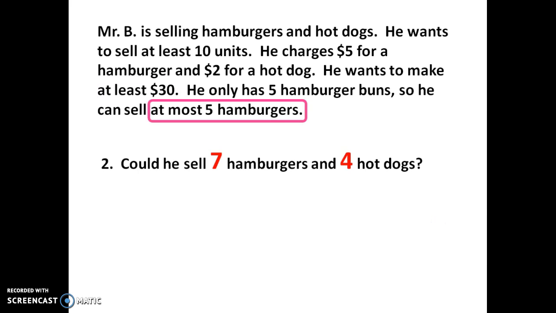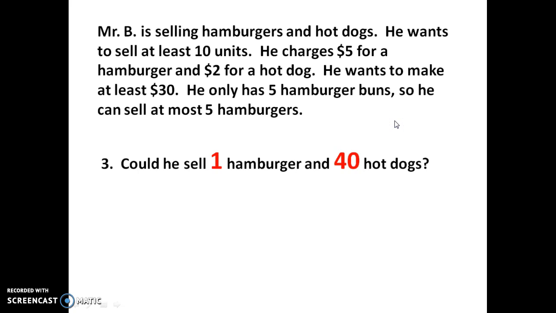However, it says here that he only has 5 hamburger buns, so he can sell at most 5 hamburgers. So is Mr. B able to sell 7 hamburgers? No, he is not. So this could not happen because he cannot sell 7 hamburgers. So even though this satisfied 2 of our restrictions, because it didn't satisfy that third restriction, it doesn't satisfy our